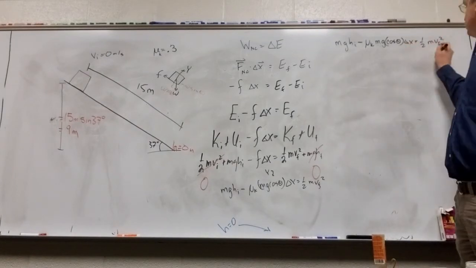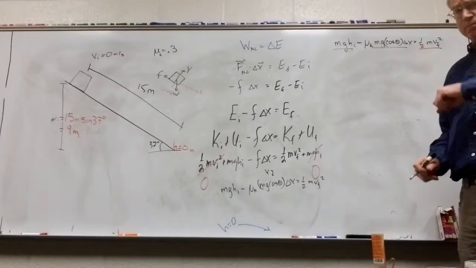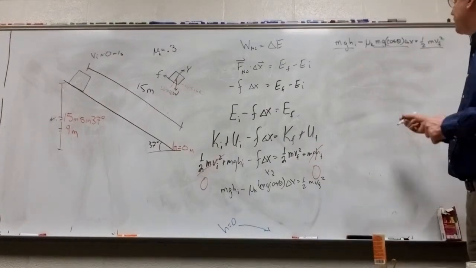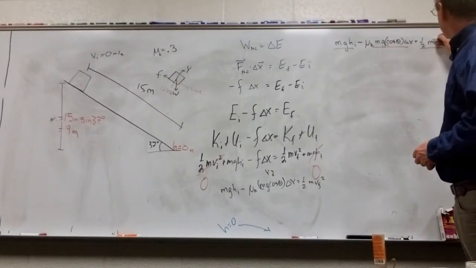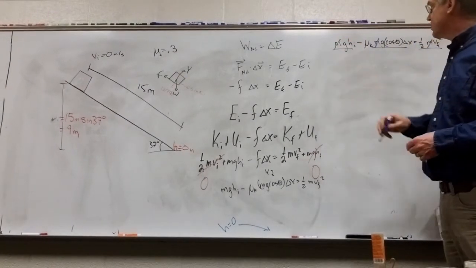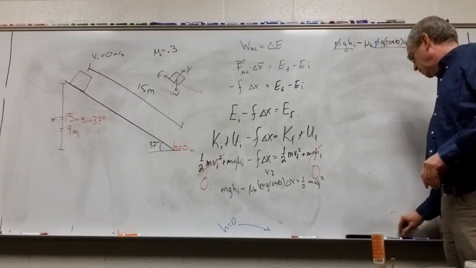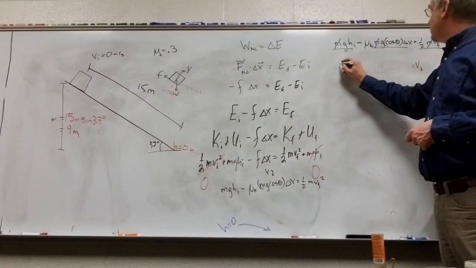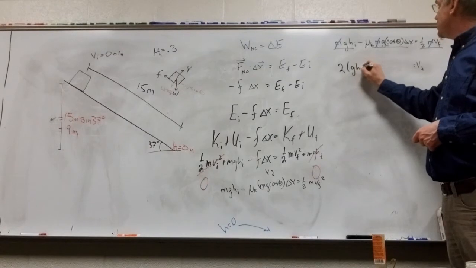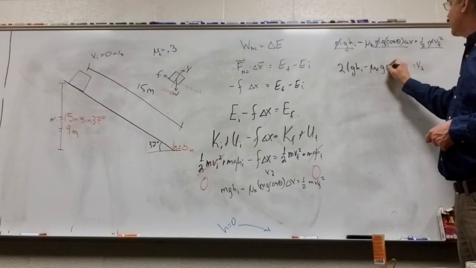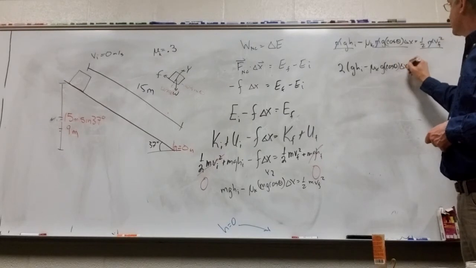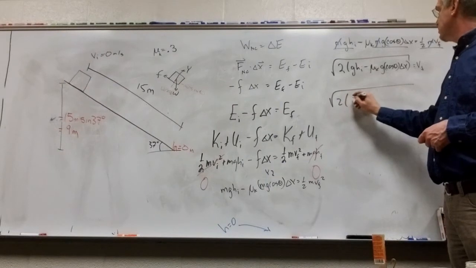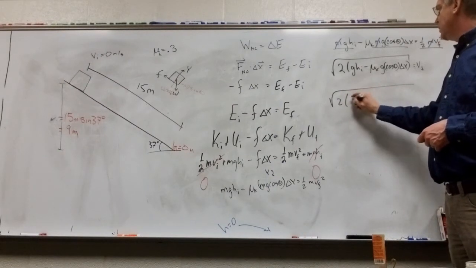I now have 3 terms here. Mass gets canceled out from all of them because I have the same factor in each of them. So mass cancels out, mass cancels out, mass cancels out. And so v final, which is what I want to figure out, how fast it's going at the bottom, is equal to the square root of 2 times g h initial minus mu k g cosine theta delta x. So that's the square root of 2 times, well, we can factor g out also, but anyway, 9.8